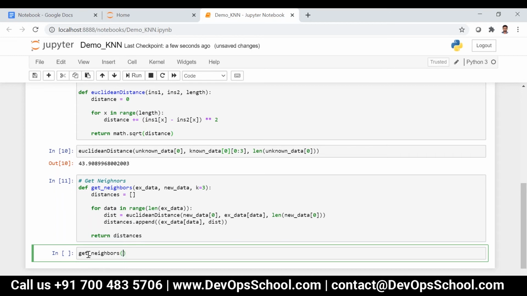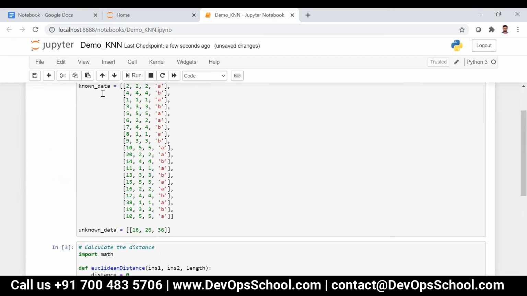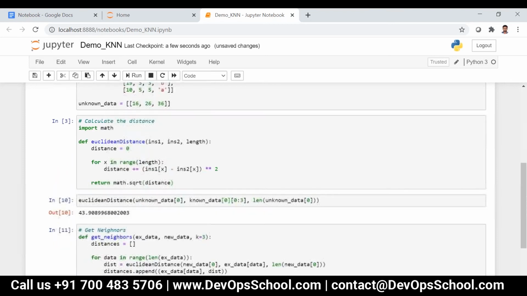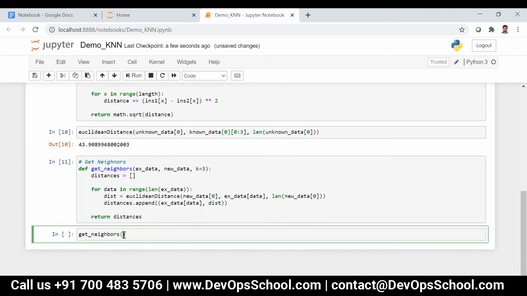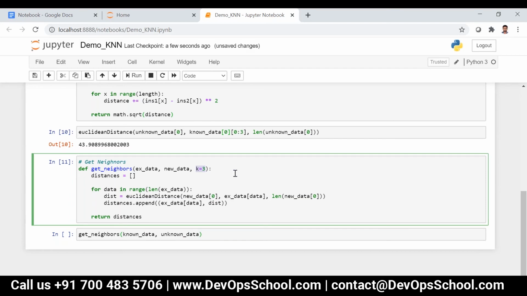What is this existing data? It's nothing but known data. We are passing everything over here, so I can write known data, comma unknown data. Then k is not required because we are saying k is equal to 3.